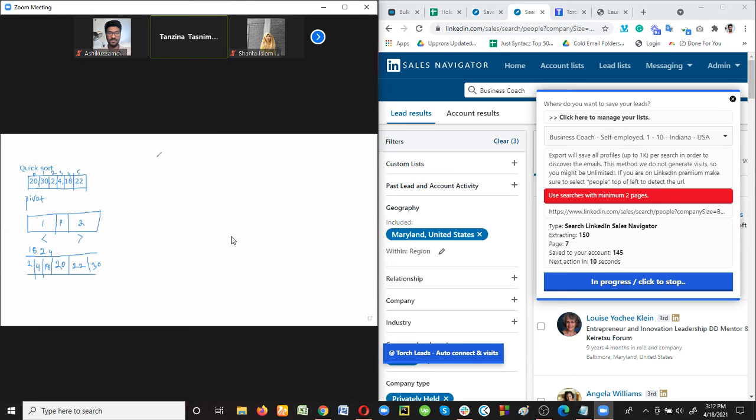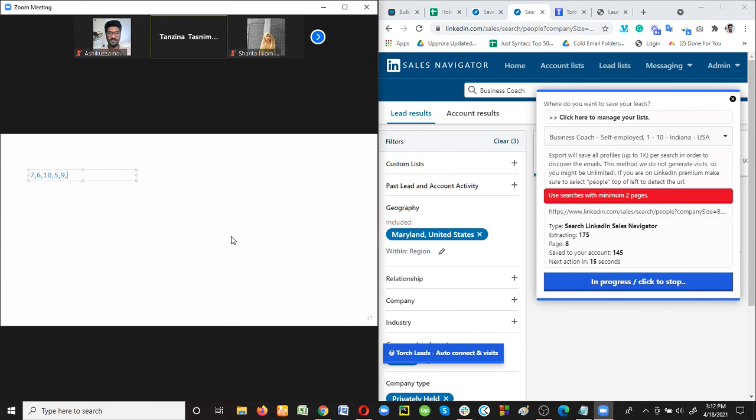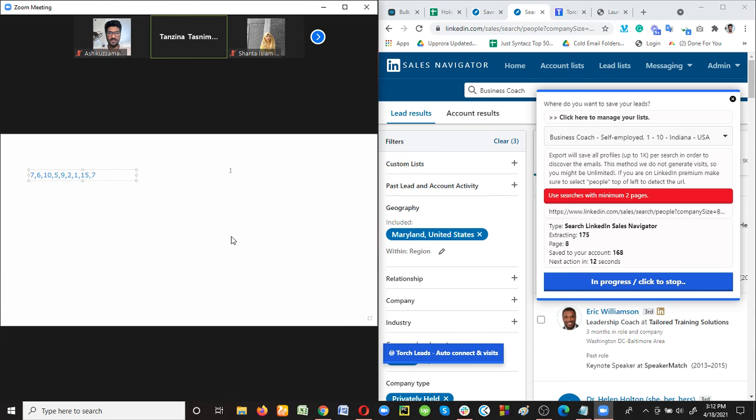Now we'll use another array. This is an array with 9 elements: 7, 6, 10, 5, 9, 2, 1, 15, and 7. How many elements are here? 9 elements.